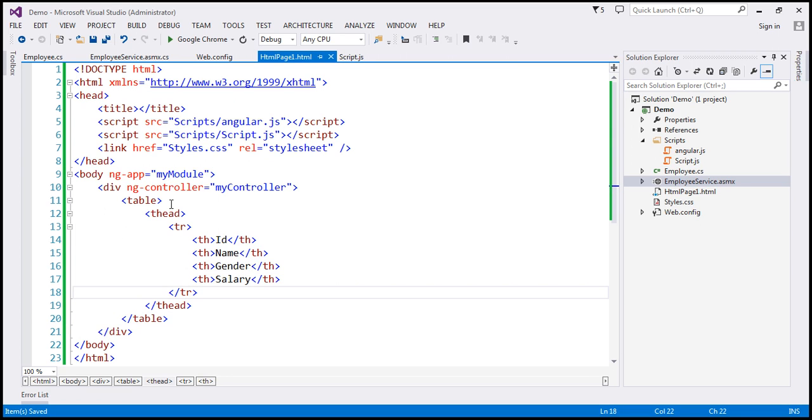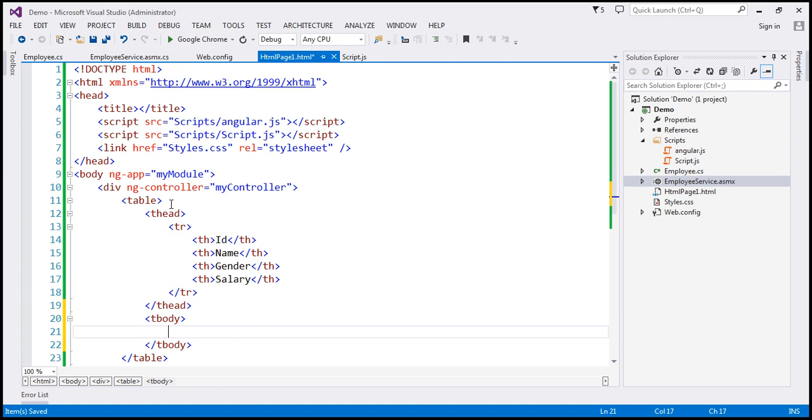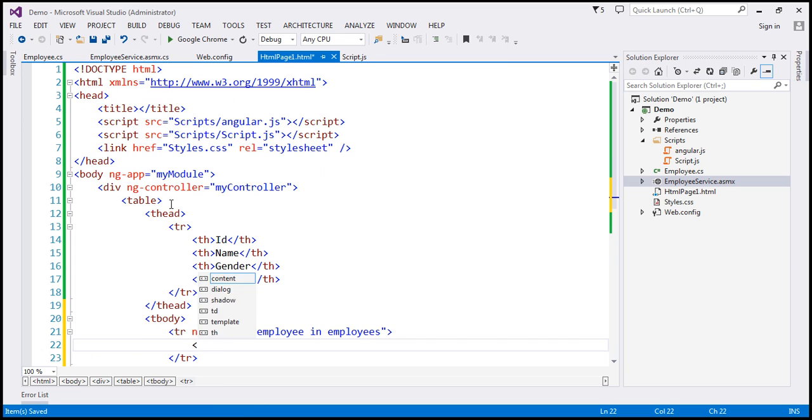And then let's include a t-body section within our table, and within the t-body we are going to use tr, and on this tr element I'm going to use ngRepeat, and we are going to use this expression here for each employee in employees. So employees is our model, that's what we have attached to the scope object. So within the tr we are going to include 4 tds,